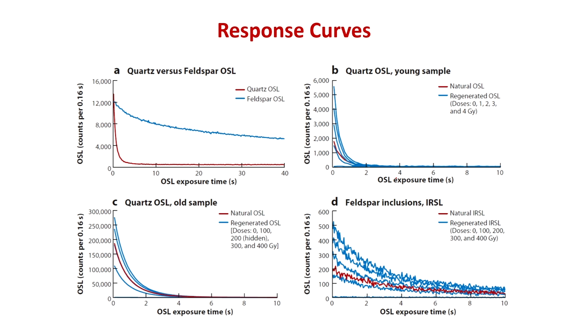So, this is what we call the decay curve. In terms of quartz versus Feldspar, mostly the quartz curve will decay like this, okay. Initially it decays, but it slows down, and then finally it becomes like this, a plateau type, but the quartz will decay very fast here. And if you have young material, then the curve will be something like this, okay. And if you have Feldspar inclusion, that is what we call the impurity, and this is not good for measuring the